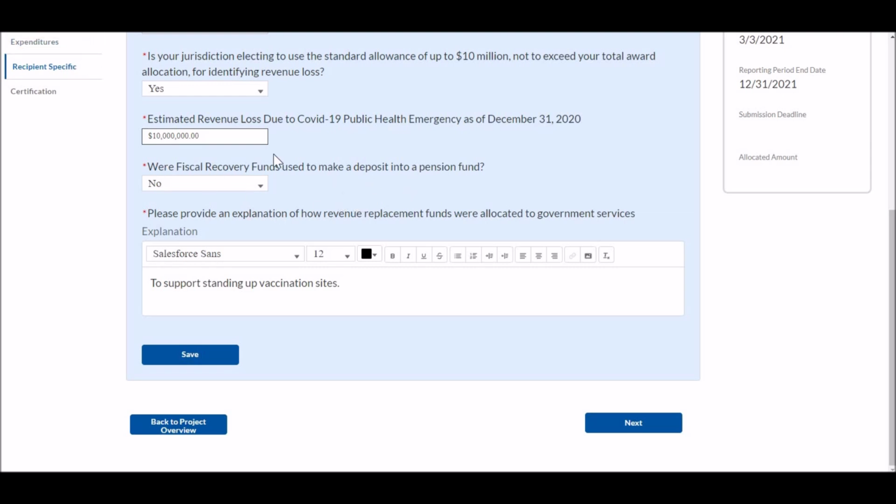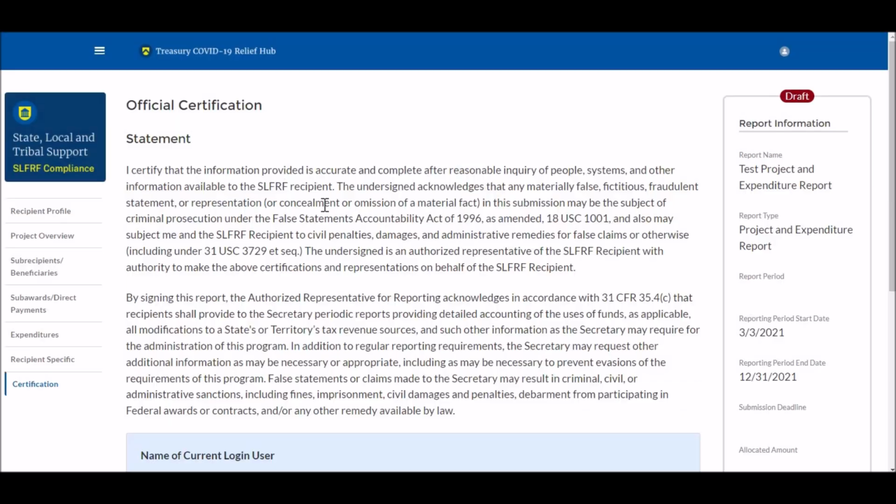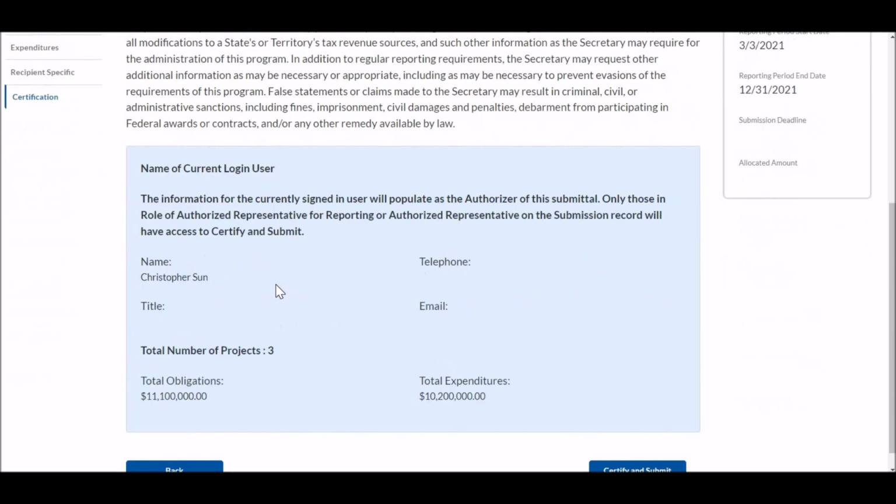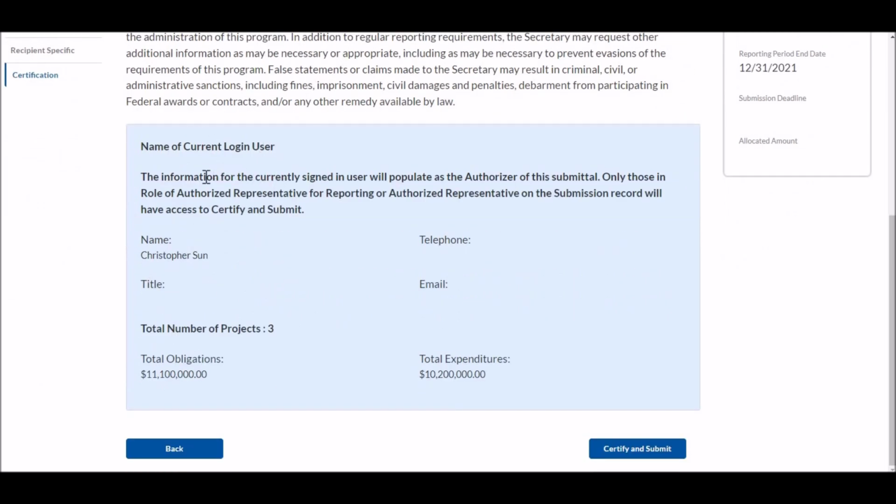So with that, let's move on to certification. All right, we're finally at the certification screen. Here at the top, you're going to see a certification statement that your jurisdiction's authorized representative should read and affirm. And if we scroll down to the bottom, you'll see a quick summary of your name, title, contact information,